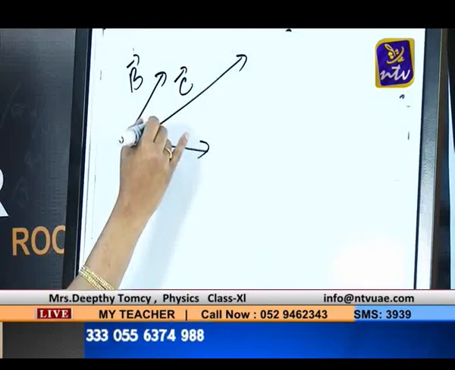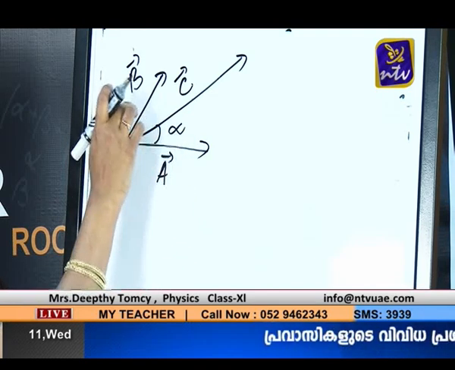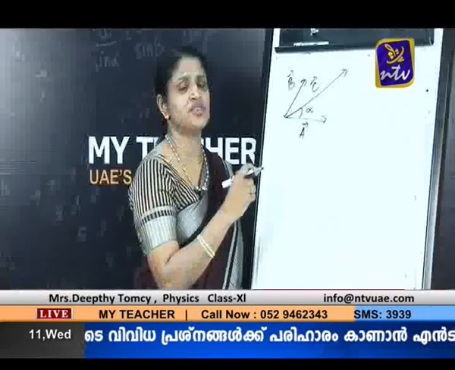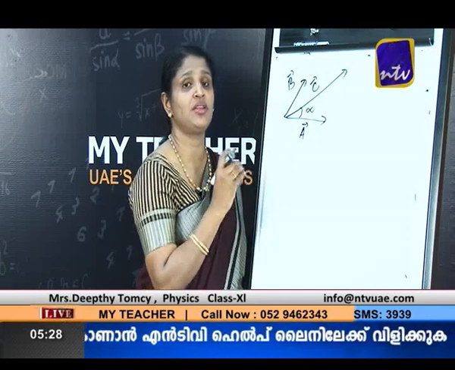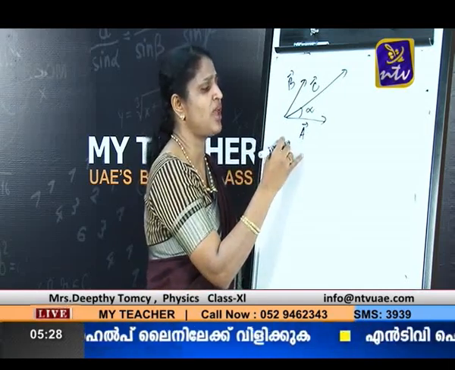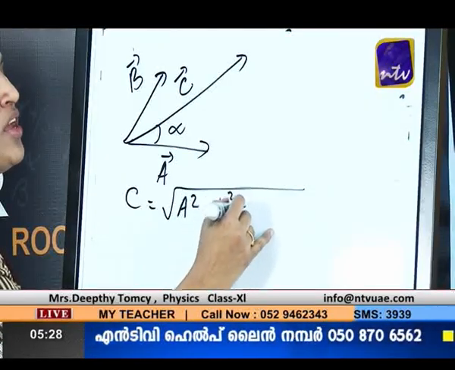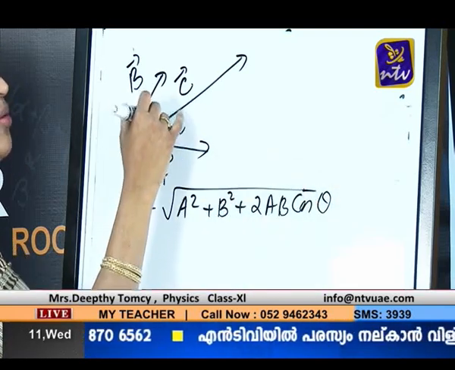If this resultant makes an angle alpha with the vector A, then we can relate A and B and C, and thus we can express C magnitude wise as C is equal to root of A square plus B square plus 2AB cos theta, where theta is the angle between the